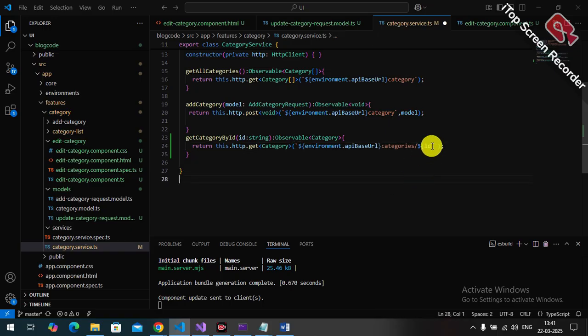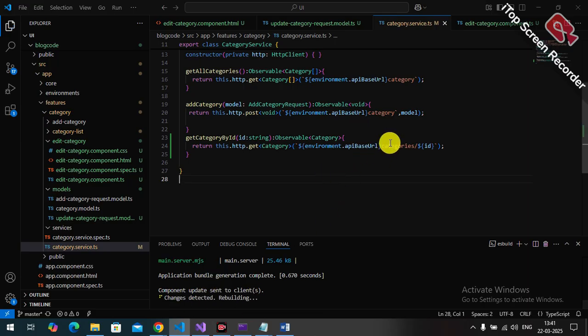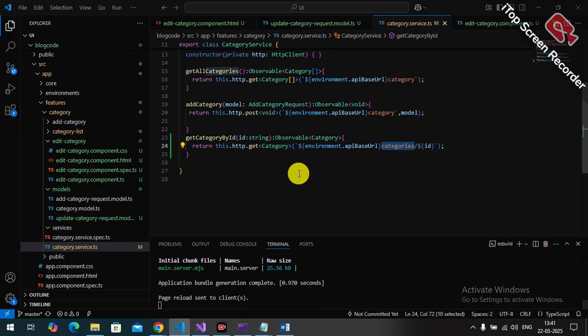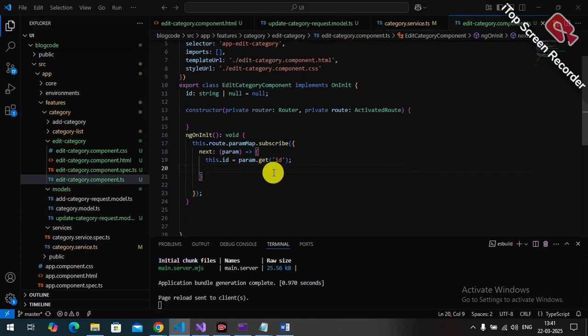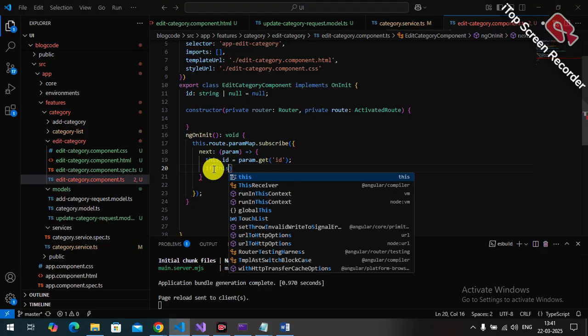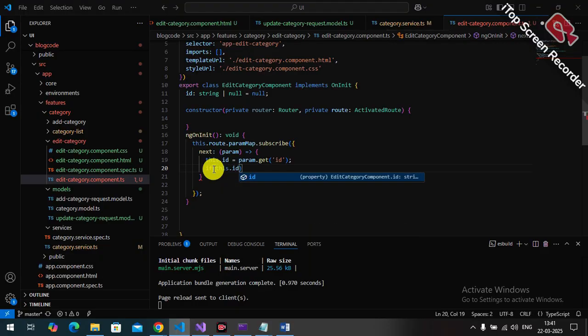So yes, it's the brackets one here, looking good. Later we will validate the URL. So here we need to check, right? Now we get the id, so I need to pass this id to these methods. So here we will check, hey, if this.id is not null, then we need to call the category